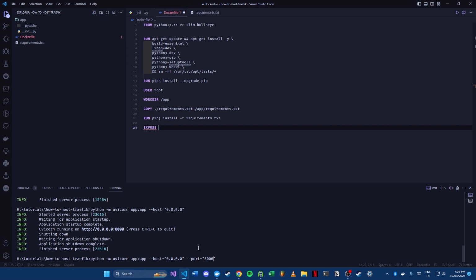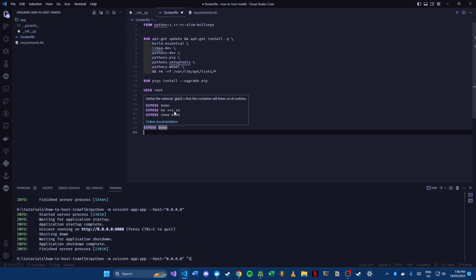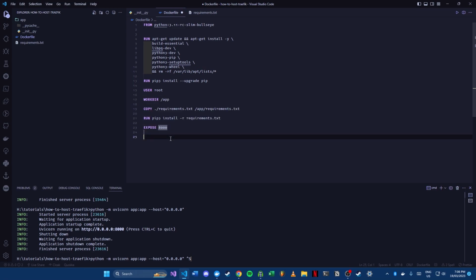We could say 5000. It's mainly used for React. I'm not really going to bother with that. We're just going to stick to the basics. So with what we already have, we're going to say EXPOSE 8000. When you use expose, it's talking about the ports only, nothing else. You can't use expose for like expose this directory or expose this environment variable. It's only used for